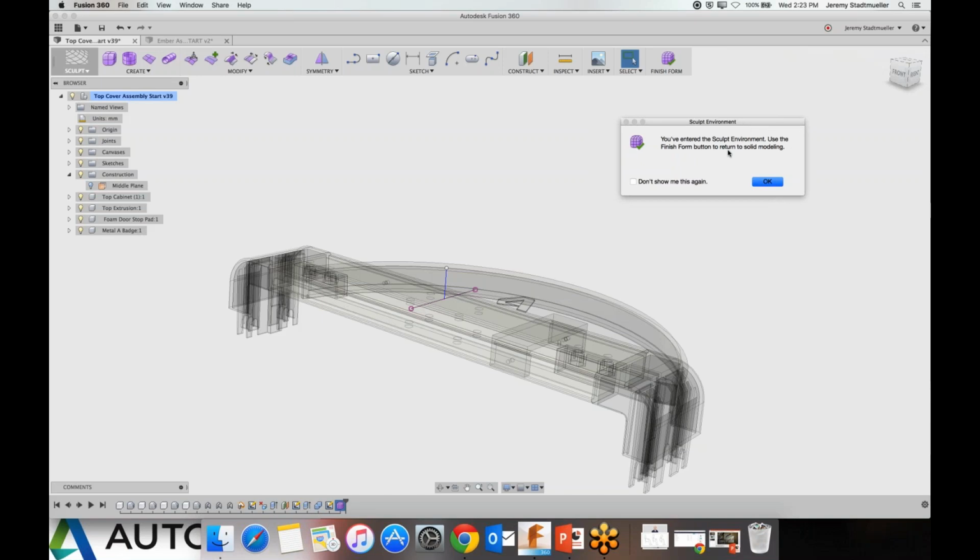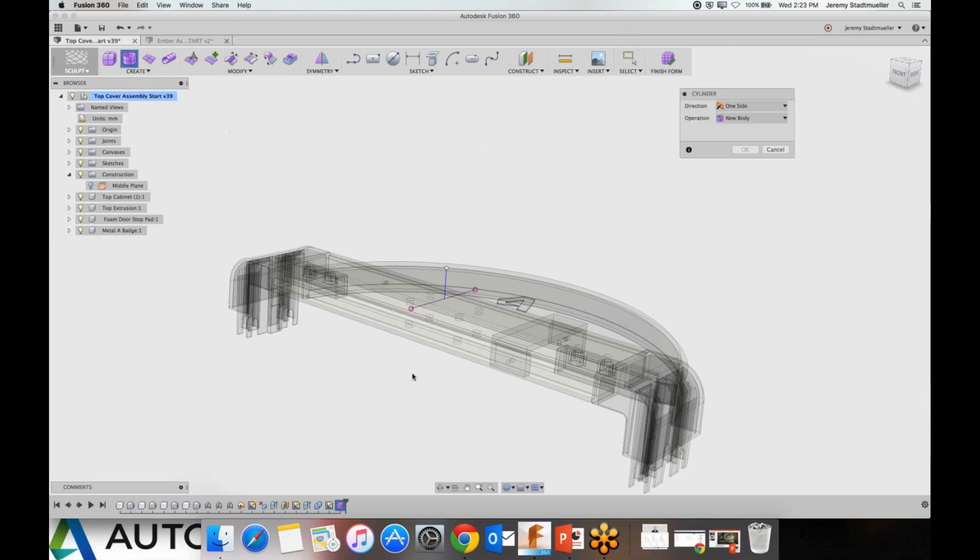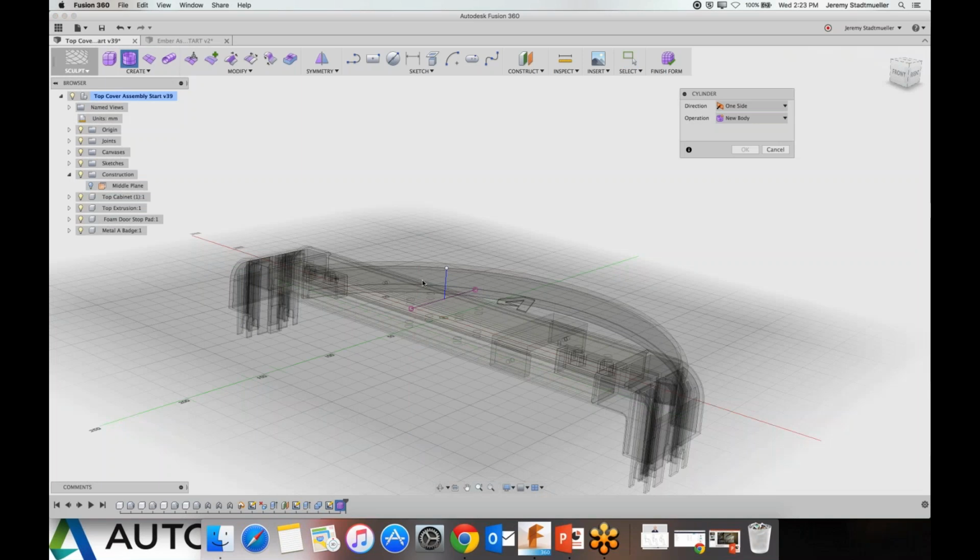We'll say, okay, so we're entering the sculpt environment. It's just warning me because it's giving you tools that you may not be used to. And if you're a parametric user and you're used to just always dimensioning everything and locking it down, this is going to be a new skill for you. So it's warning you. If you want, when you're done and want to go back to regular solid modeling, hit this Finish Form button and you're done. We'll go ahead and create a cylinder for this guy,